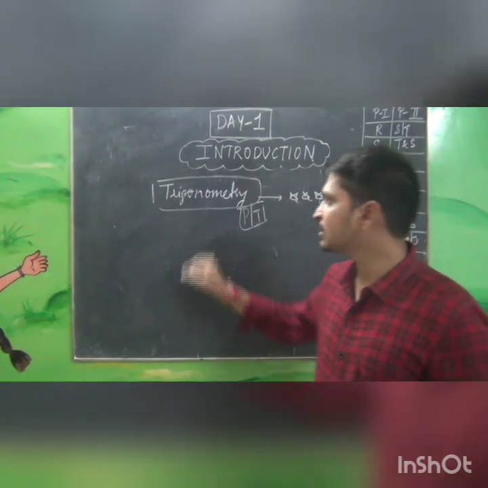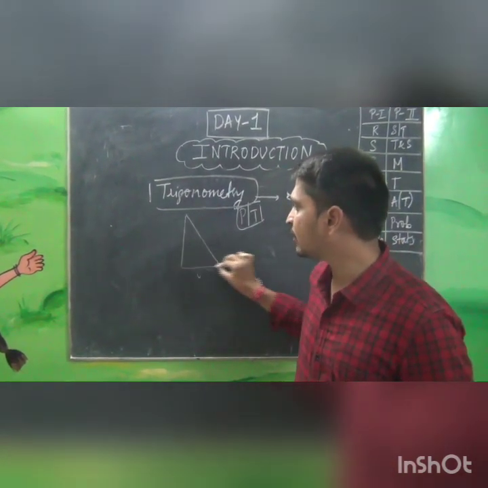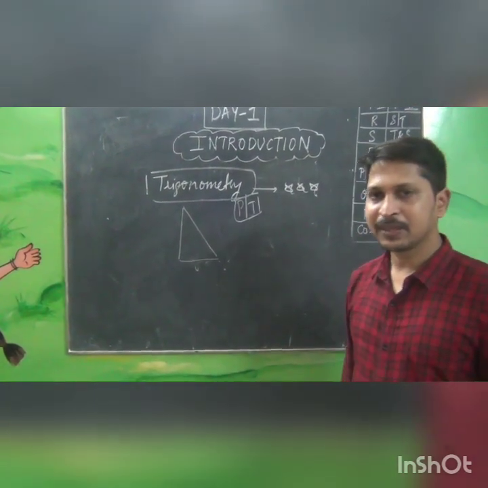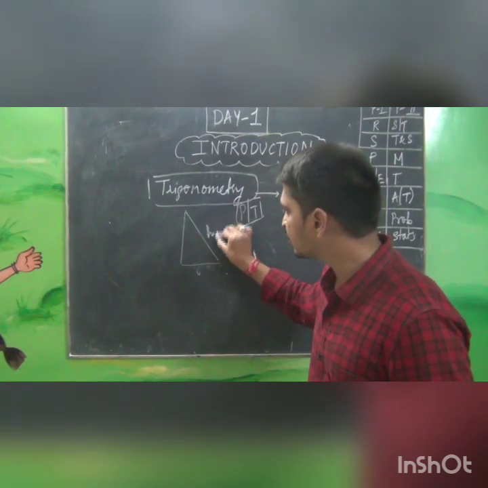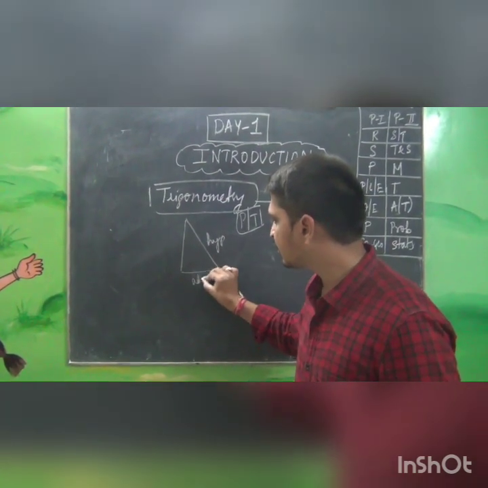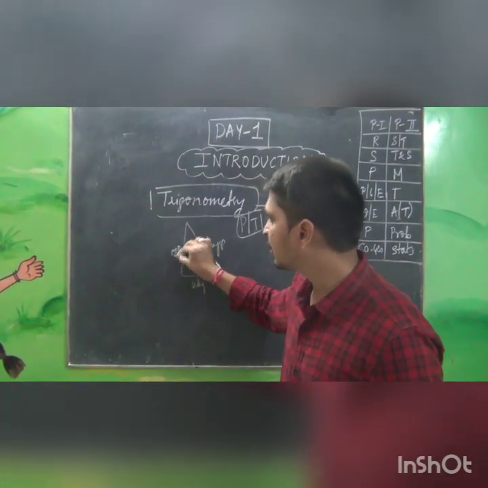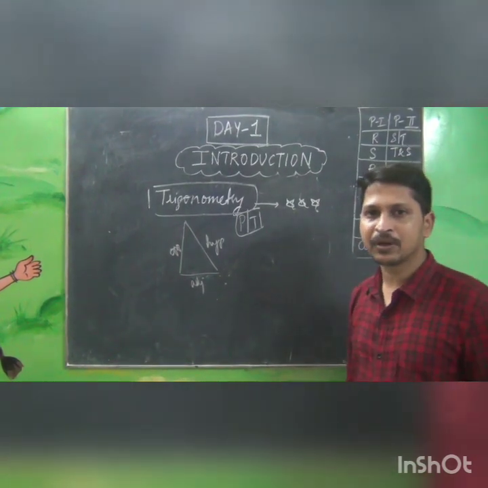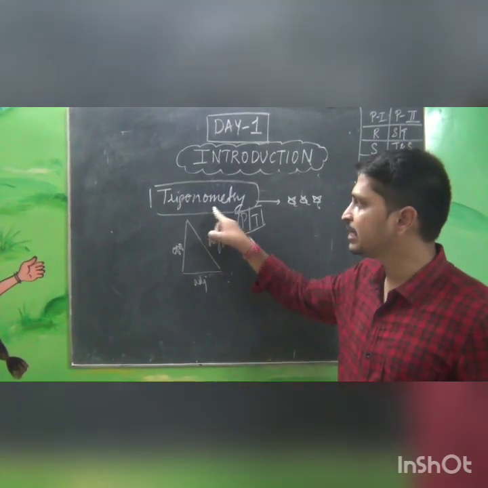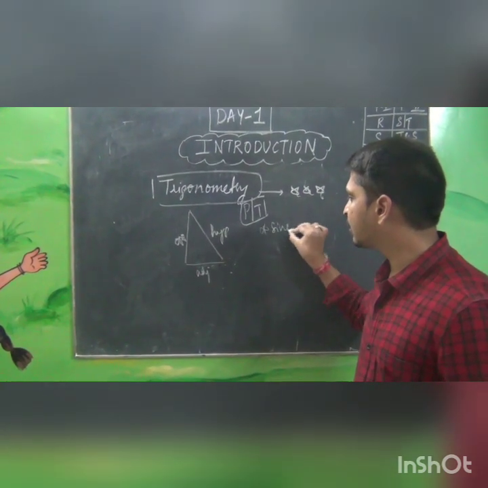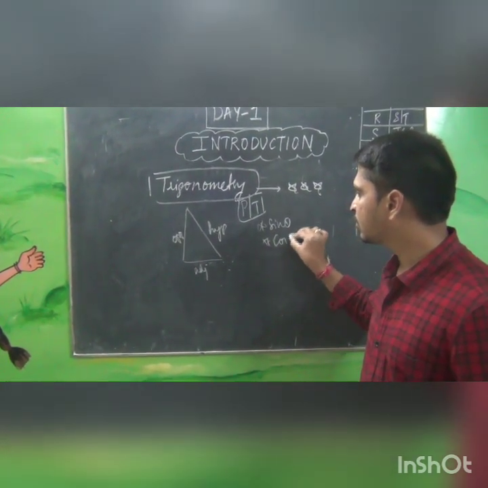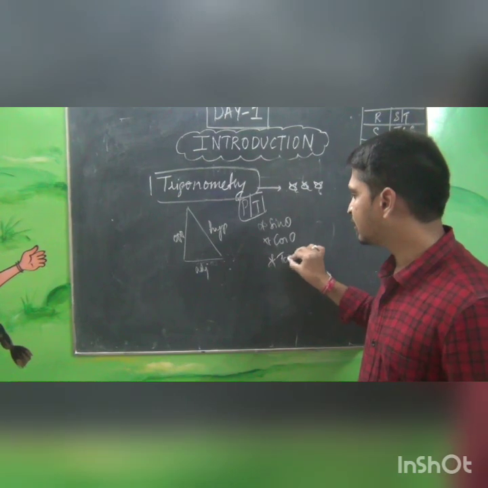Pythagoras theorem. So basically we deal with a right angle triangle, which you already know. This is the hypotenuse, this is the adjacent, and this is the opposite. And we have a few terminologies which we deal with in trigonometry, like sine theta, cos theta, tan theta.